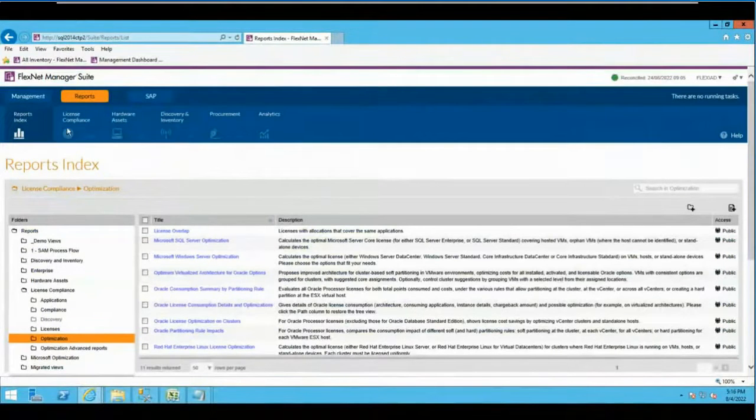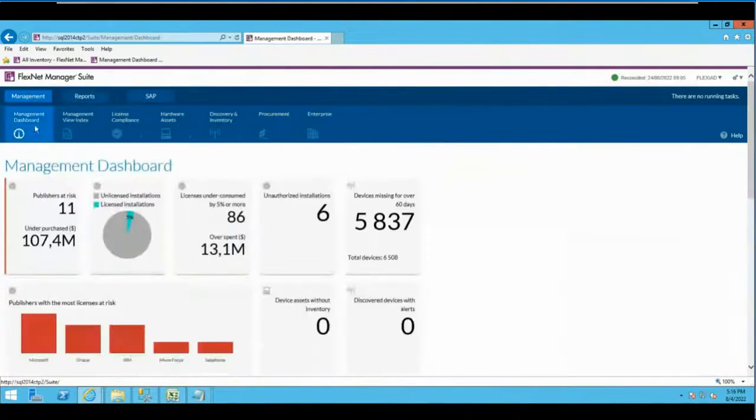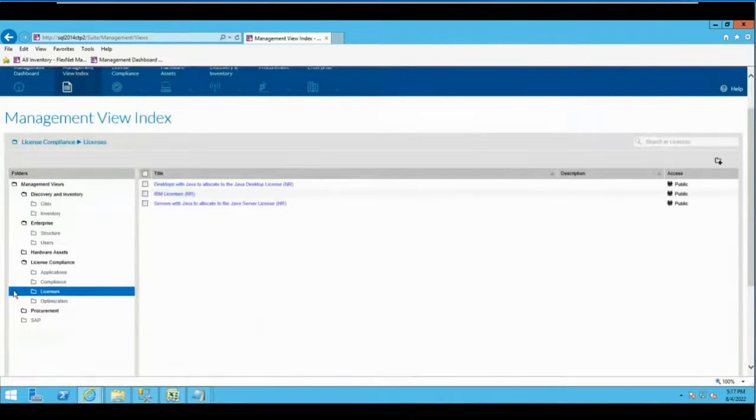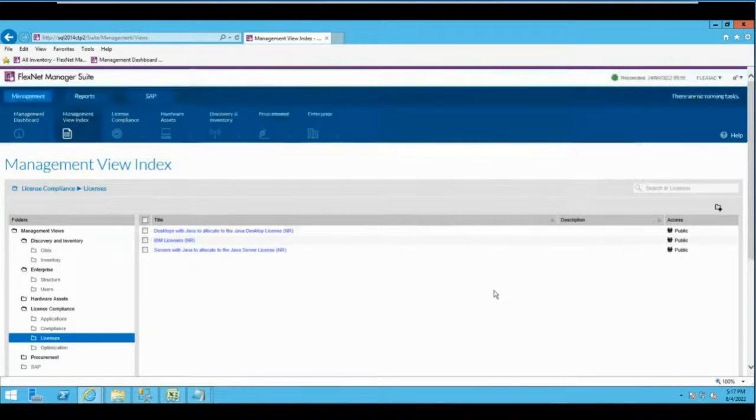And just not to confuse you, but if I go back to management, people may not know, but when you save a view, typically you run your computer screen, you filter on VM hosts or on virtual machines that have no host, for instance. And when you save the view, it will be stored in this management view UI that has a navigation very close to the report UI, that technically is stored in the same tables. And that's how you can save your screens. So I'm moving on and showing how to create a report